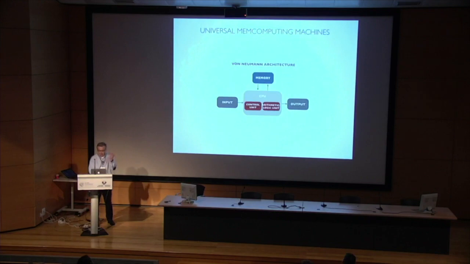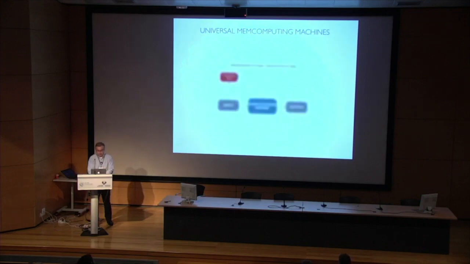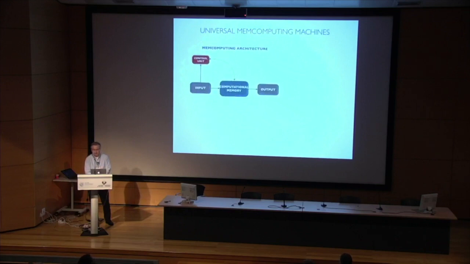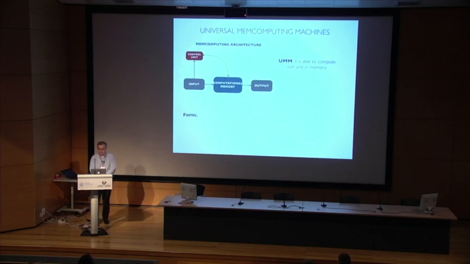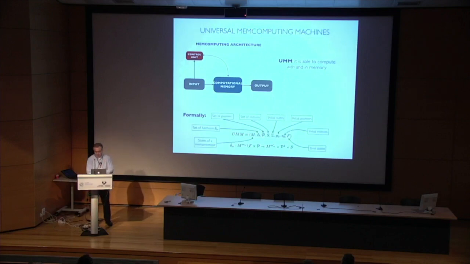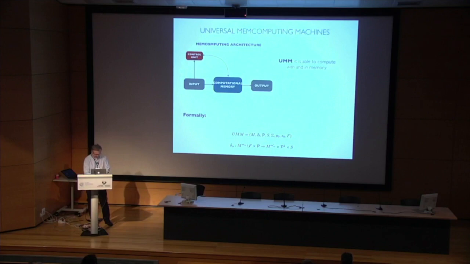This is essentially something that perhaps with a different graph Max has surely been talking about this morning, in that there can be universal memory computing machines, in that you change the von Neumann architecture to a different kind of architecture in which the computational memory is computational and memory at the same time. Perhaps, as he is advocating, this change in model will help us compute in many different ways or in a faster way, and this is their formalization taken from the paper by Max and Fabio some time back.